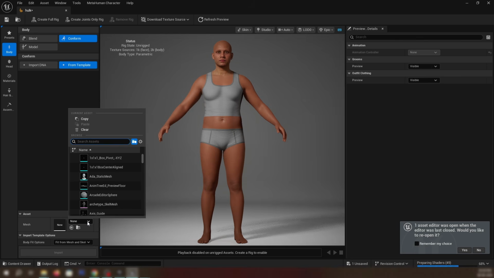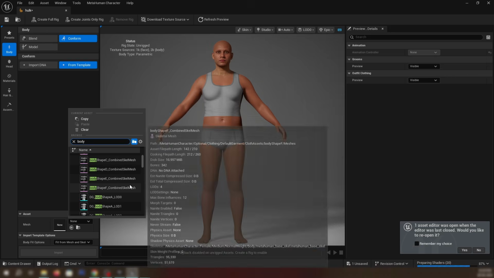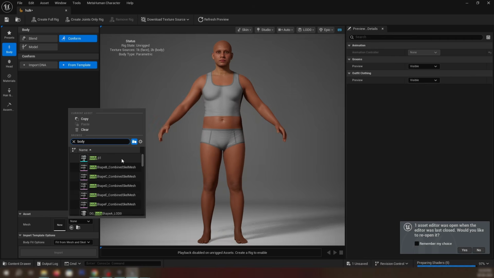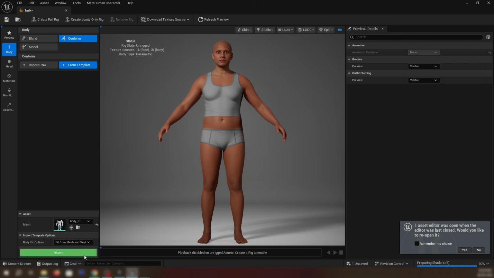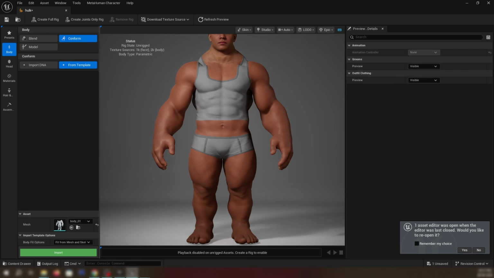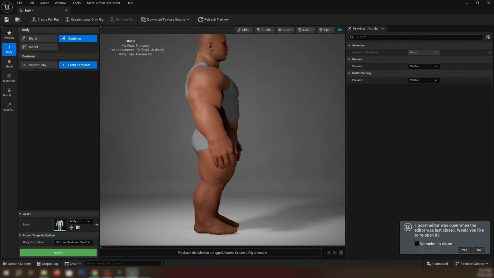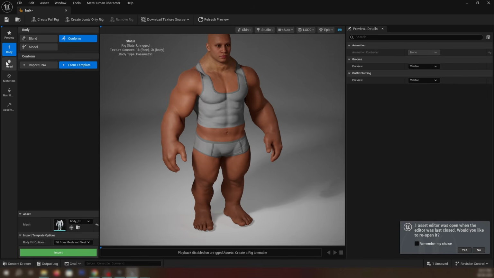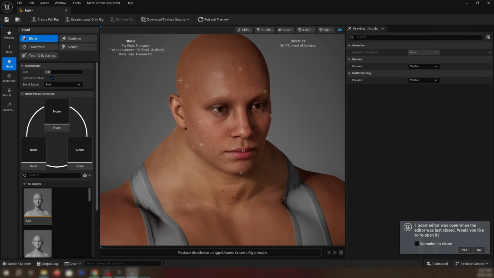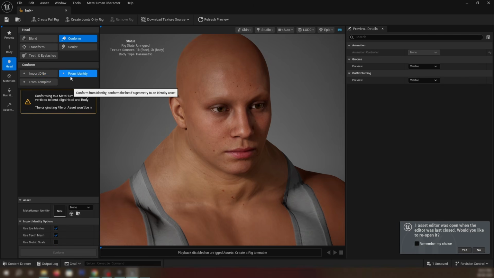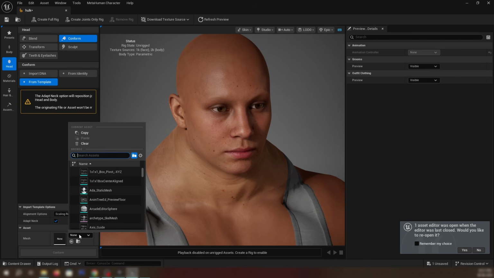First, create from template, confirm, then you have to search for the static mesh you have created and import it. It will replace the body available in the MetaHuman. This is the body I created, exactly the same as what I did in ZBrush and Maya. So I'll replace the head also from template.